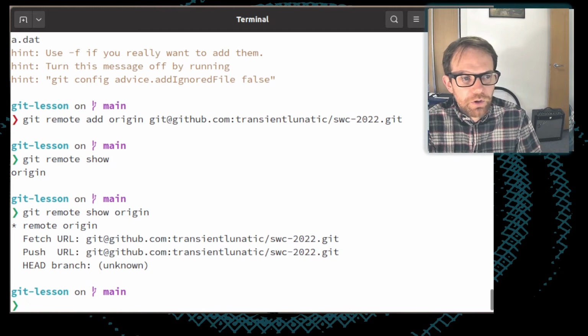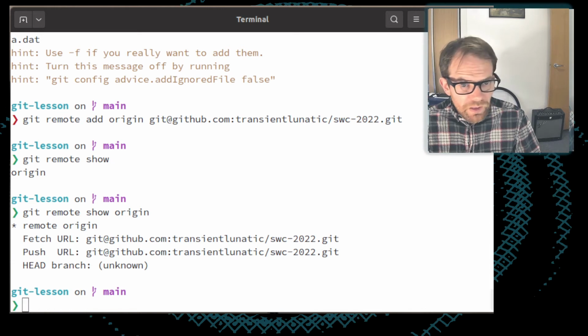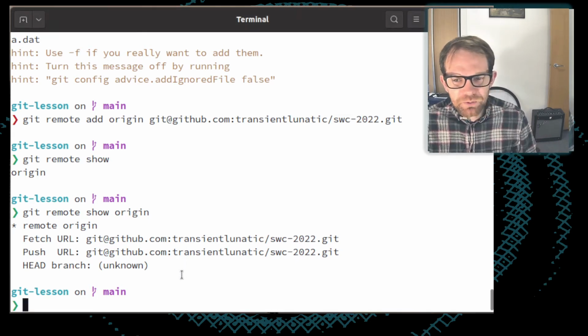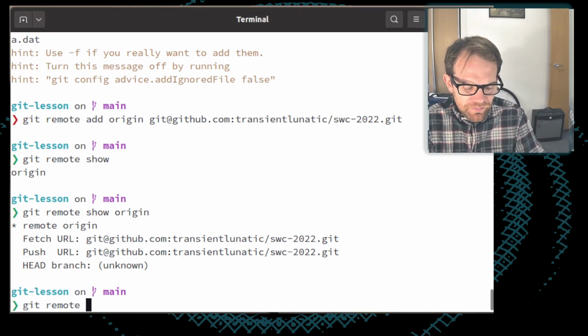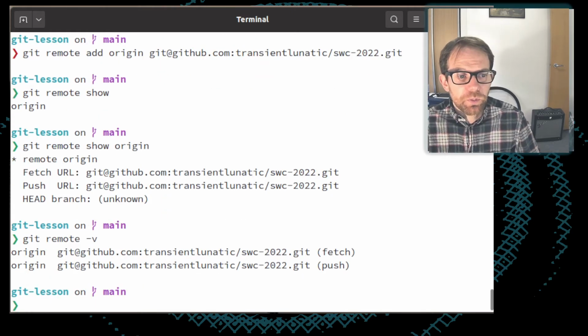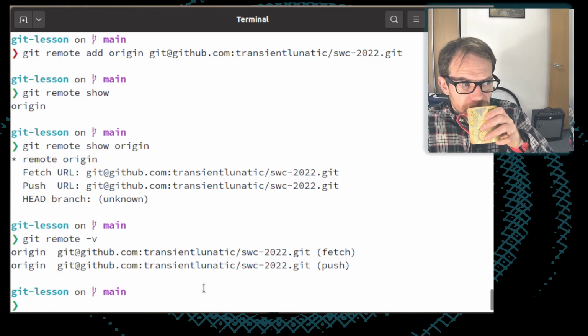It'll tell me the fetch URL and the push URL, which are both two locations on GitHub, and it'll tell me that at the moment it doesn't know anything else about the status of that repository because we've not so far done anything with it. We can also run git remote -v, which will just give us a list of all of the remotes like this.